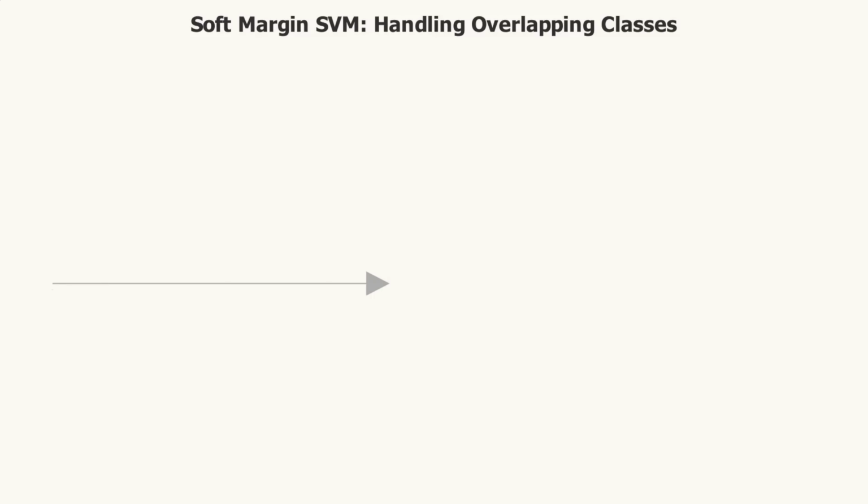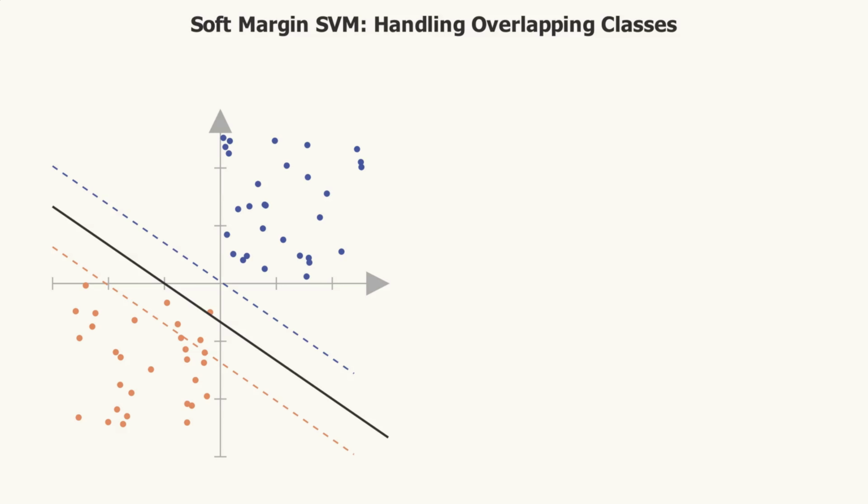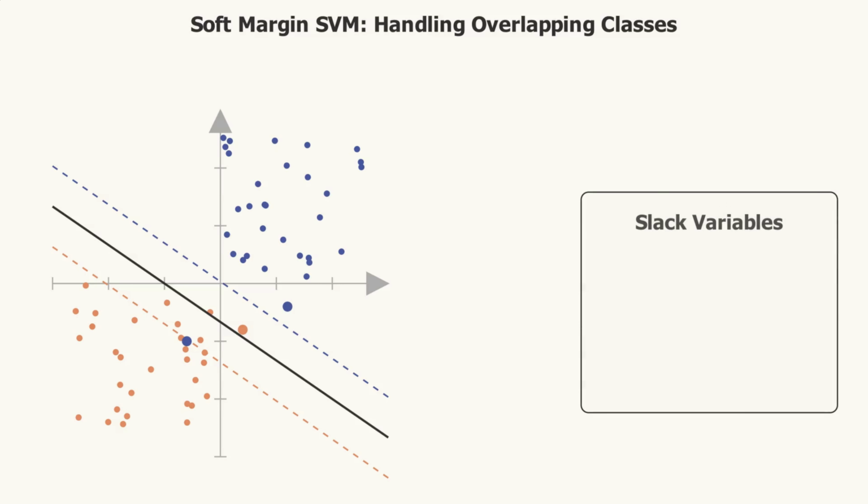Often, classes overlap, making it impossible to find a hyperplane that separates them perfectly. However, if epsilon is greater than 1, the point has crossed the hyperplane entirely. This is a misclassification. The model acknowledges the error but allows it, rather than forcing a dangerously thin margin. This creates a fundamental trade-off. We want to maximize the width of the margin while simultaneously minimizing the total amount of slack. By tolerating these small violations, we build a support vector classifier that is more robust, stable, and ready for real-world